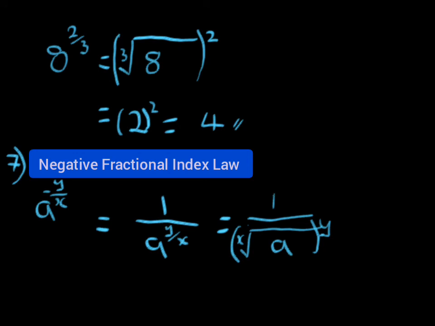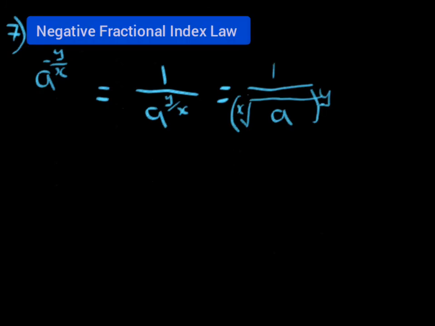So let me take one or two examples. We could be given 27 raised to power negative 2 over 3. So how do we handle this whole piece? So this gives us 1 all over, remember we said we take the reciprocal because of the negative sign. So all over the third root, the denominator here becomes our root. So the third root of 27